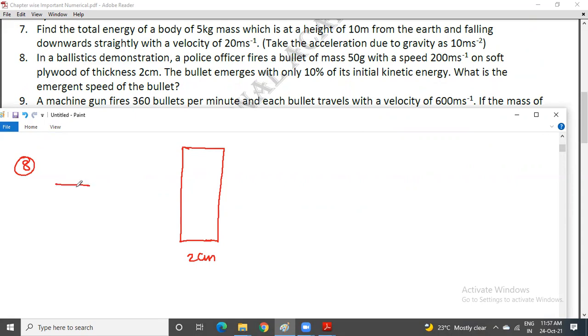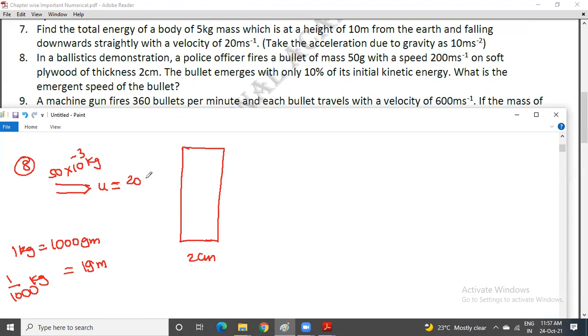So this is a bullet whose mass is 50 grams. It means 50 into 10 to the power of minus 3 kg. Don't forget 1 kilogram is equal to 1000 grams. So you'll get 1 gram is equal to 1 by 1000 kg. So you'll get 1 gram is equal to 10 to the power of minus 3 kg. So this is moving with the speed of